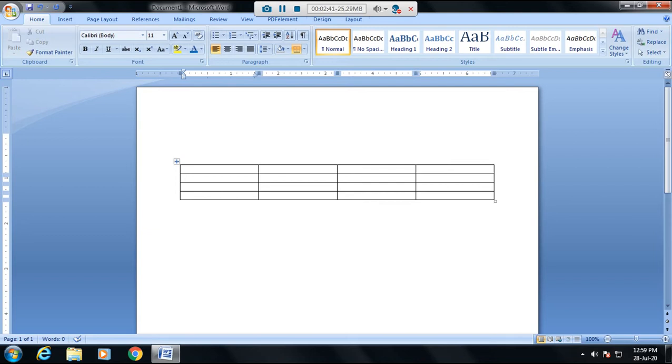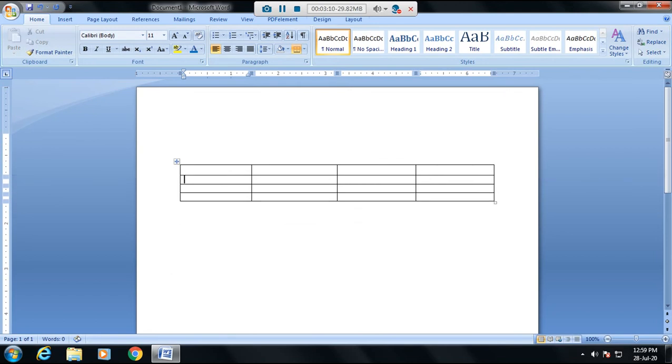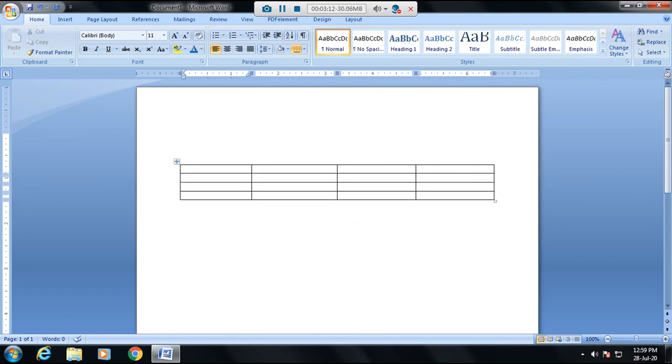Now click and decrease the size, or increase the size. So increase or decrease, whatever you want, you can easily do with the help of the mouse. Similarly, you can increase or decrease the width of a cell or row.